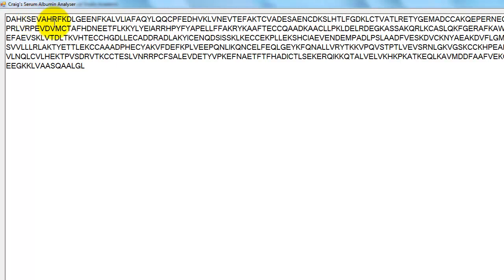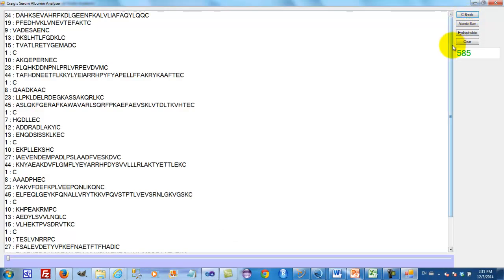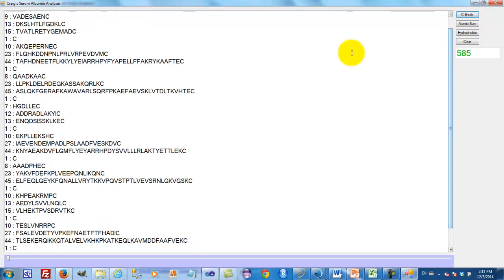Looking at the amino acid sequence, there does not seem to be any apparent pattern. However, I decided to see what would happen if we followed each cysteine with a line break. So I created this little bit of software, and when we click on C break, we now see a pattern. As you can see, following each cysteine with a line break